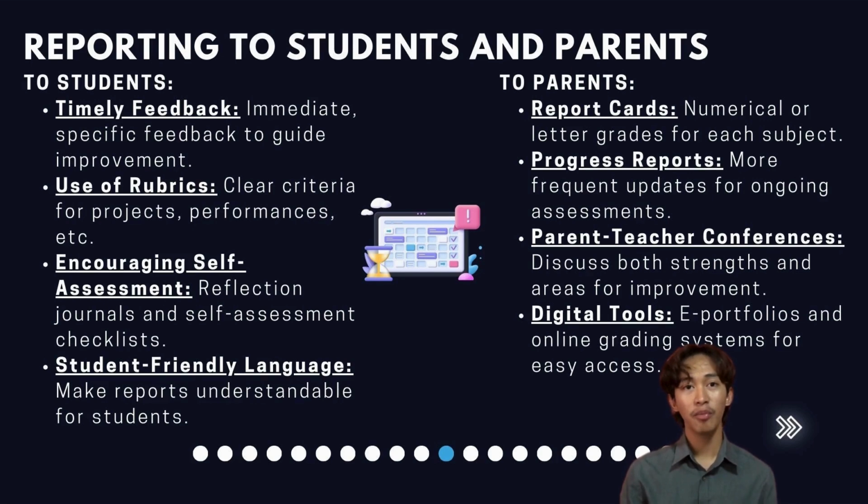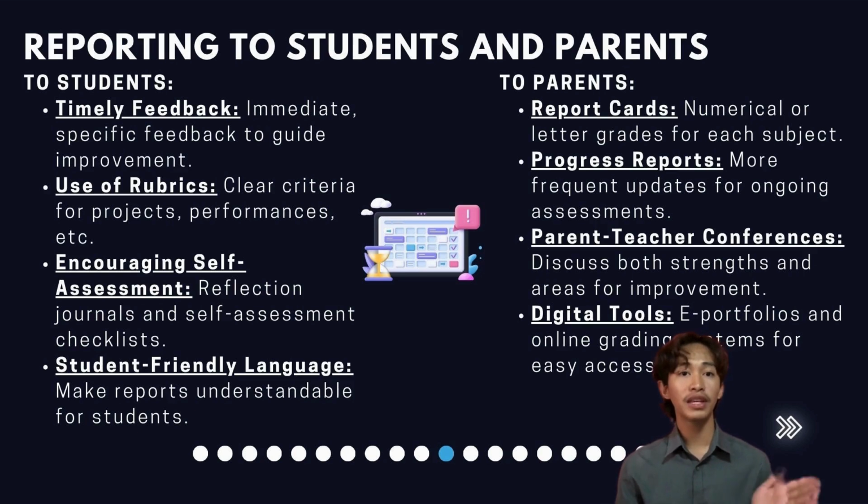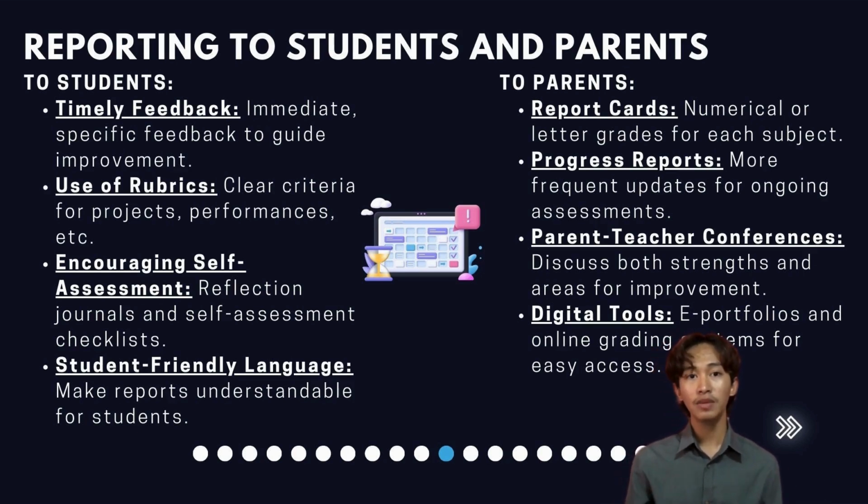The second one under reporting to parents is parent-teacher conference. For the example, in-person or virtual meetings, discussing the results of authentic assessments through face-to-face or online conferences. It helps contextualize a student's grade and performance. Teachers can explain how a student's progress is measured through non-traditional assessment and offer ways for parents to support their child's development. Another example is providing examples. It's showing parents examples of their child's work, for example, a completed project or portfolio, because it helps illustrate the quality of the student's learning.